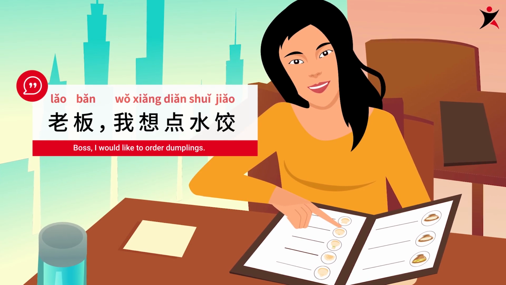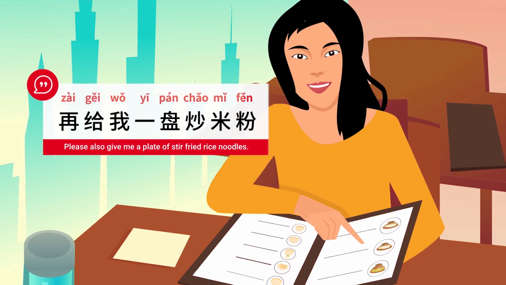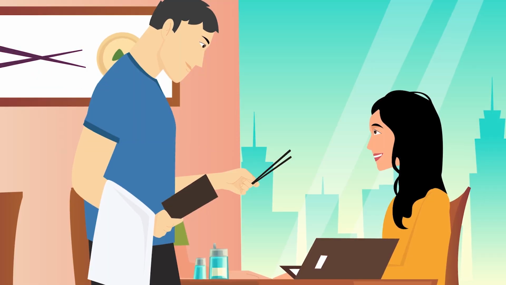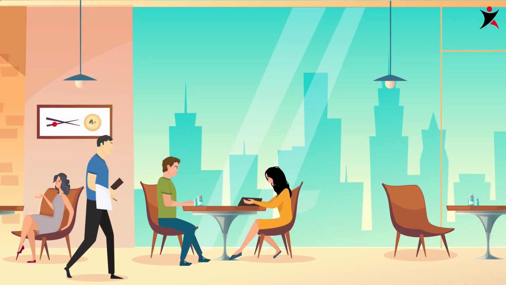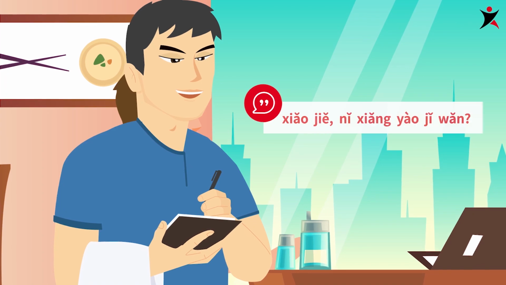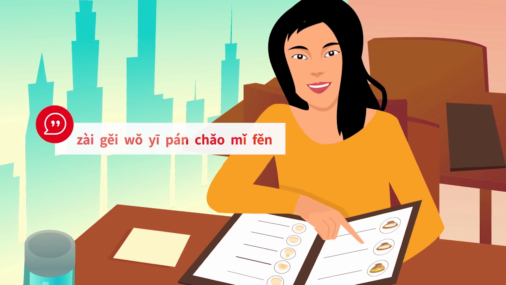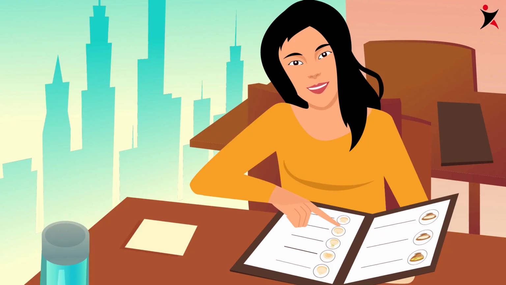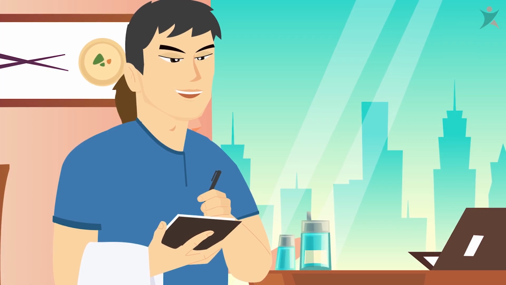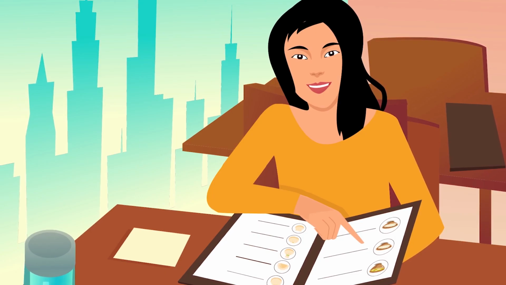老板，我想点水饺。 小姐，你想要几碗？ 给我2碗好了。 还要什么？ 再给我1盘炒米粉。老板，我想点水饺。 小姐，你想要几碗？ 给我2碗好了。 还要什么？ 再给我1盘炒米粉。老板，我想点水饺。 小姐，你想要几碗？ 给我2碗好了。 还要什么？ 再给我1盘炒米粉。